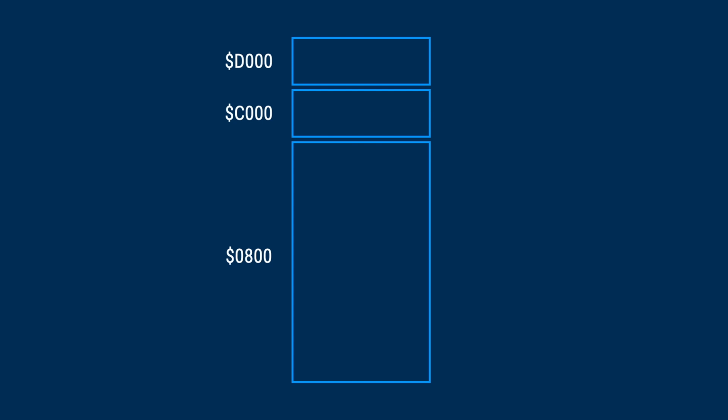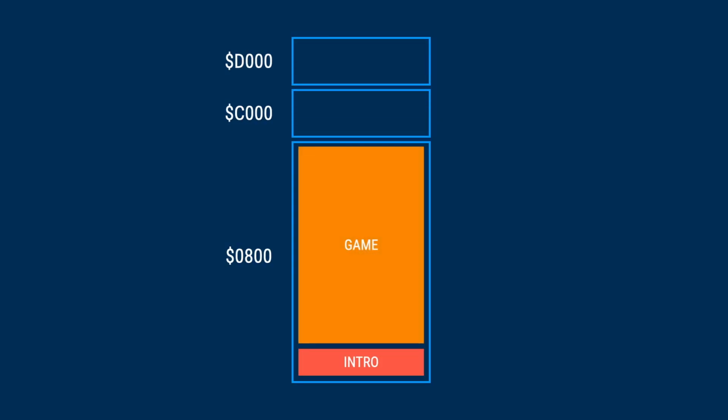When we load in a game, we'll usually have a small crack intro in the lower parts of the memory. Now, we know that crack intros must contain their own music, so ripping that music ought to be much easier than from a game. When a C64 game is loaded into the memory, it tends to take up most of